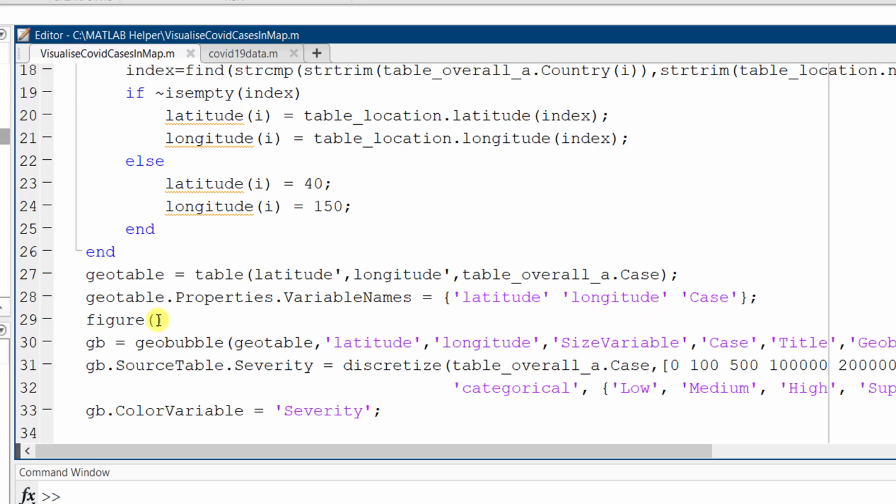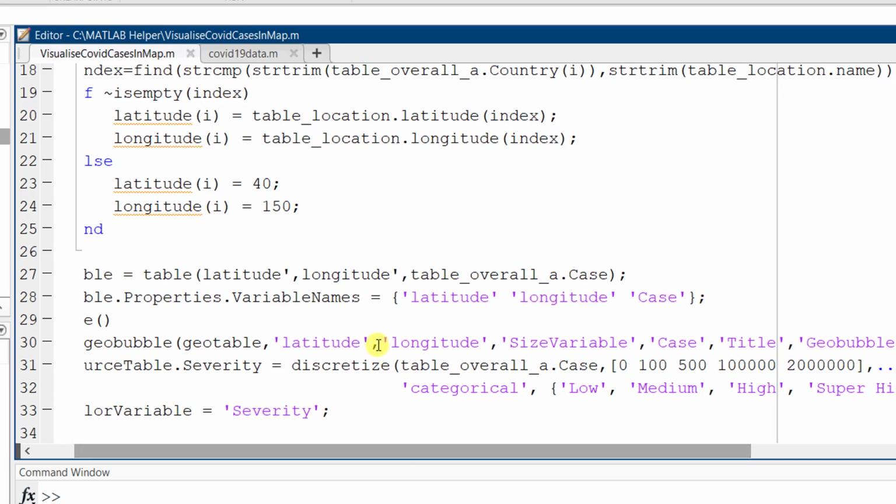Opening a figure. Now we are using the geobubble command for plotting the GeoBubble map. GeoTable is the table name that we have created, and we have latitude, longitude. We need to mention the size variable parameter.